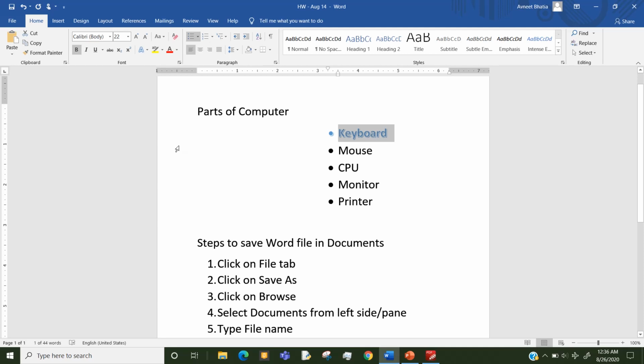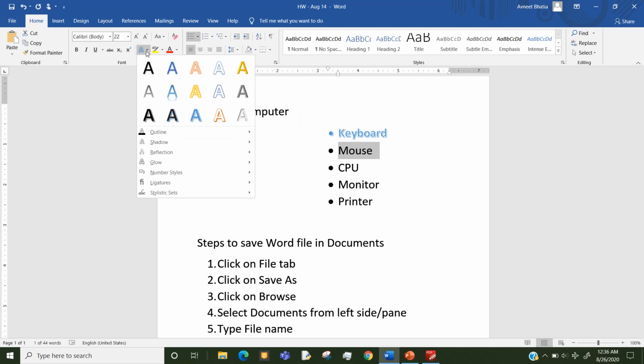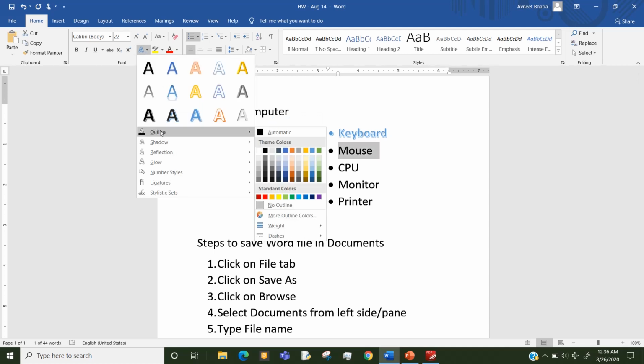Now I'm selecting this mouse. Click on text effects drop down. And the next option is outline. This option is used to change the outline or border color of the selected text. Same way how you do in your drawings, you make border with different and dark color, same way we can apply border to our typed text.